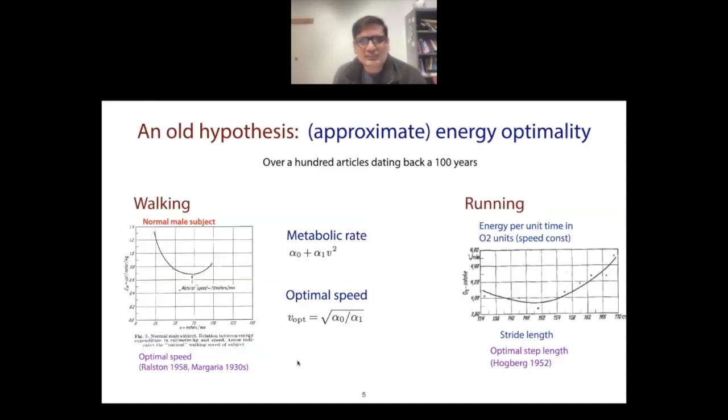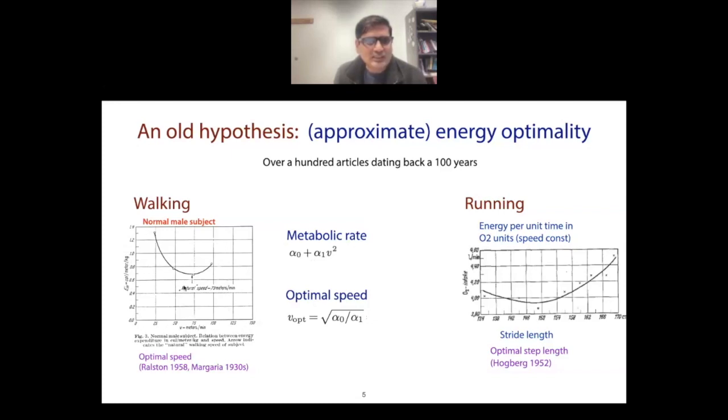Okay, this is of course a very, very old hypothesis, with hundreds of articles over the last 100 years. Some famous ones being by Ralston in 1958 on walking, where he measured the energy cost of walking at a variety of different speeds for a few subjects, computed the energy per unit distance, which is plotted on the y-axis as a function of speed on the x-axis,